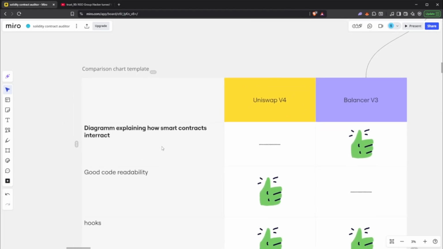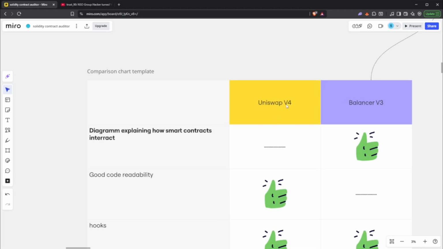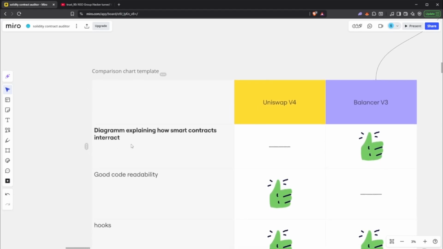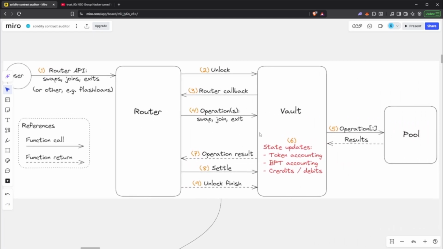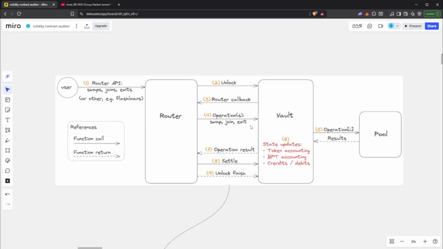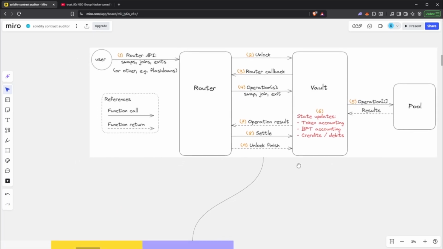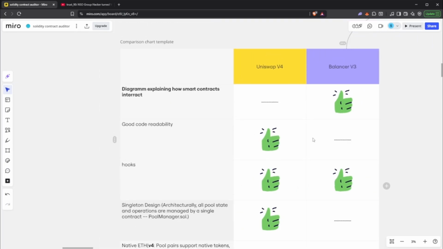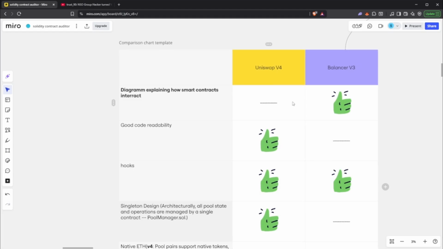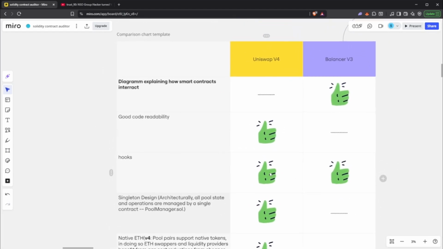For example, here, Uniswap version 4 has no diagrams, but it's not really a bad thing, because the whole architecture is mostly in one smart contract thanks to the new version. Although Balancer does have a really good diagram, it's an easy to understand, pretty straightforward DEX with router and vault. And then code readability in Uniswap was much easier because it's documented better, and as I said before, the architecture is more straightforward. Hooks,